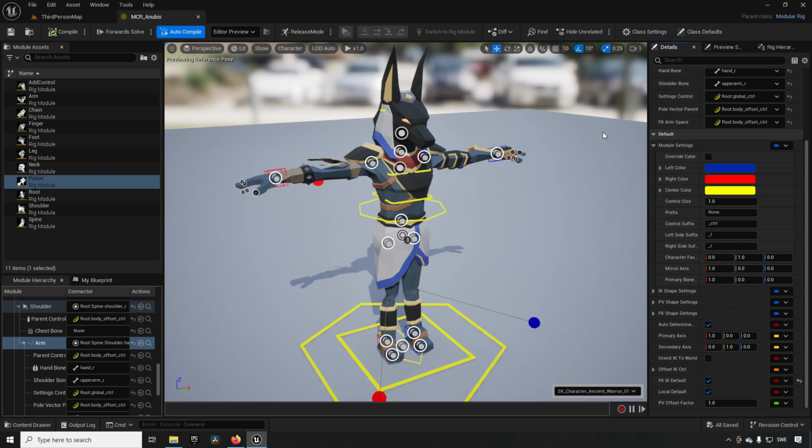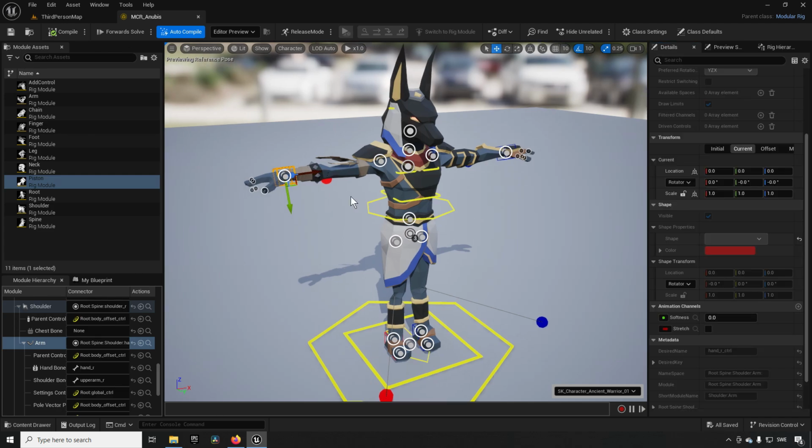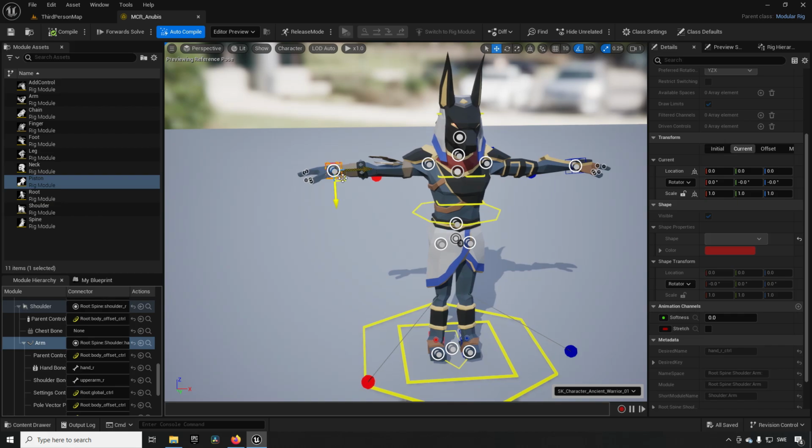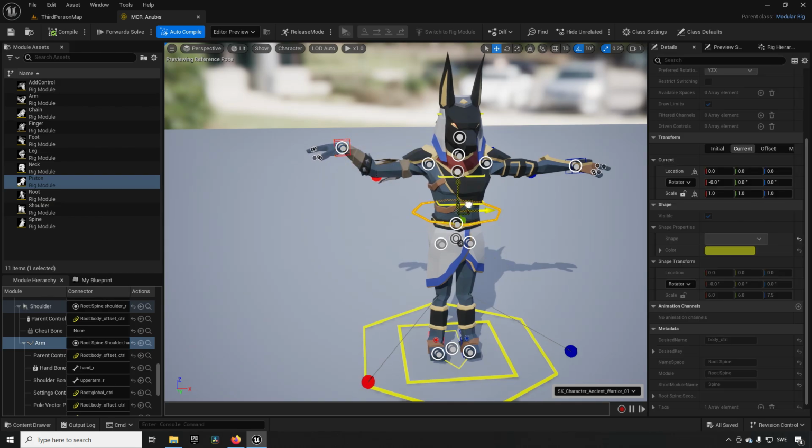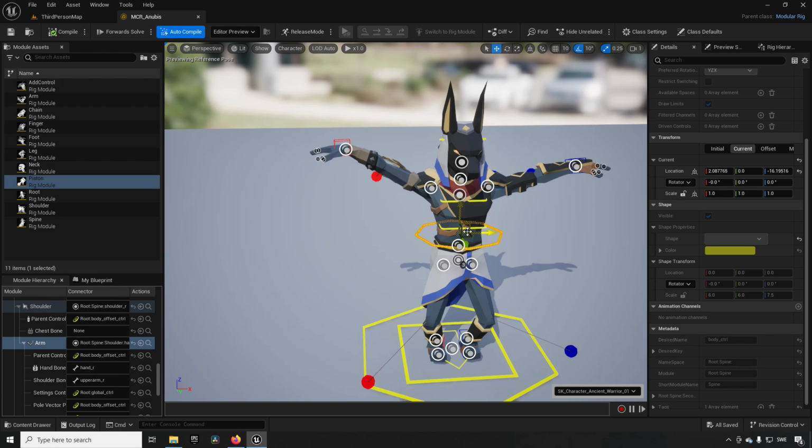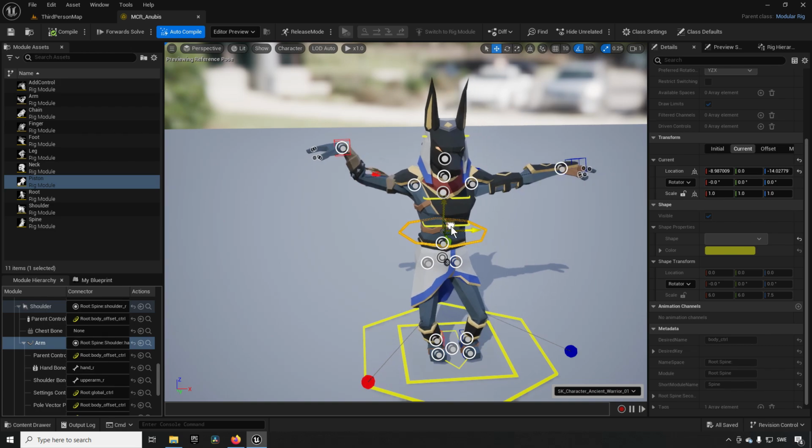So in this tutorial we are going to be creating a control rig using the modular control rig, which is essentially a quality of life streamlined version of how we can create control rigs now in Unreal Engine, making it much easier than it was before. And this allows us to have control over our character and make sure that it conforms in certain ways when we're moving it around, when IK is coming into play, to make sure that everything looks